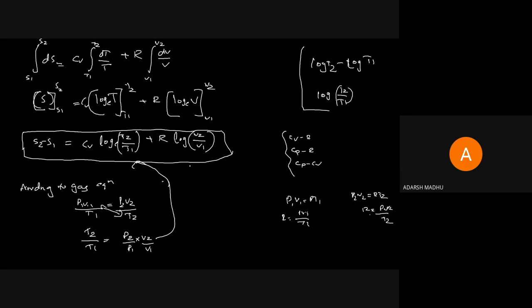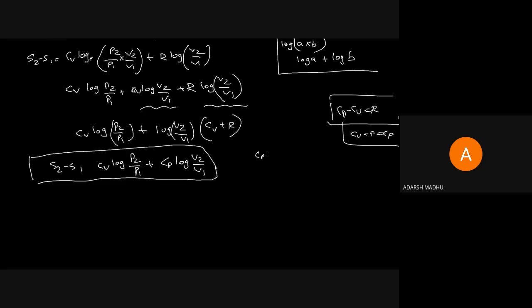Equation മാത്രം എഴുതാം. That is in the same next condition, for the next condition we are applying this equation. We are simply writing this equation only. Again, according to the gas equation, we are writing this relation, and we are substituting for V2 by V1. Take V2 by V1, other terms can be taken outside. Again, we are taking the same equation and we are substituting for V2 by V1, and we will get the same equation like this.